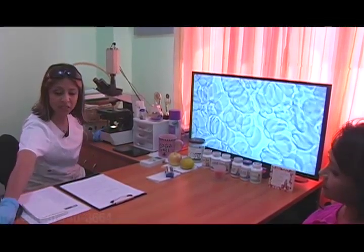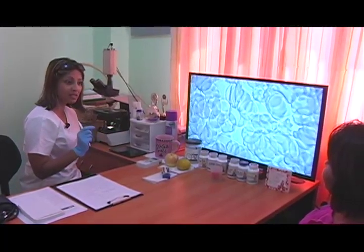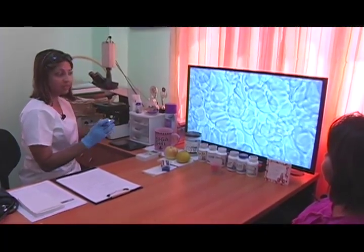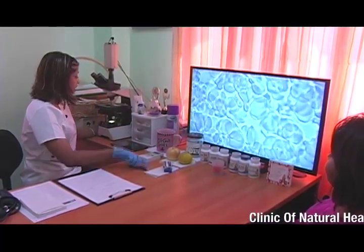Your blood is really supposed to be looking like this. See normal blood? Right, free-flowing, individually separated cells. Remember, blood carries nutrition and oxygen throughout your system. But if it's clogged and chained like this, it cannot do what it's supposed to do. So looking at the blood here,